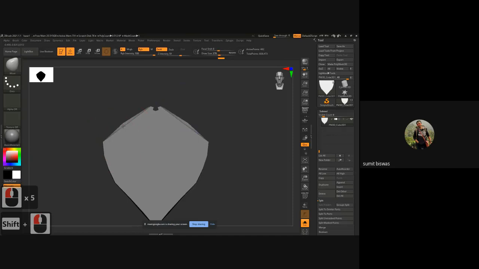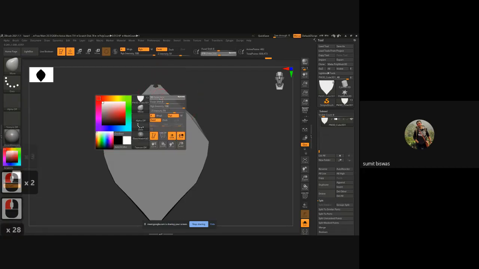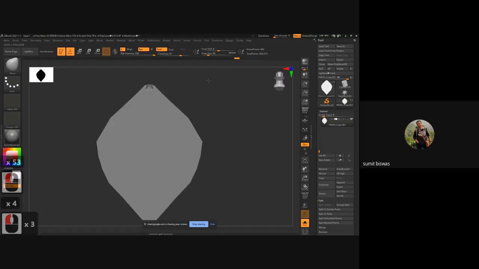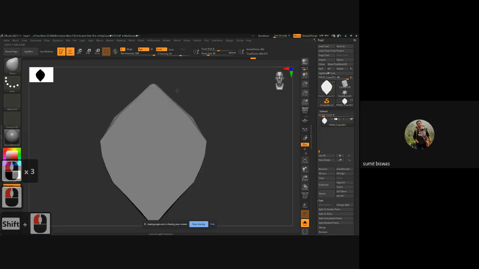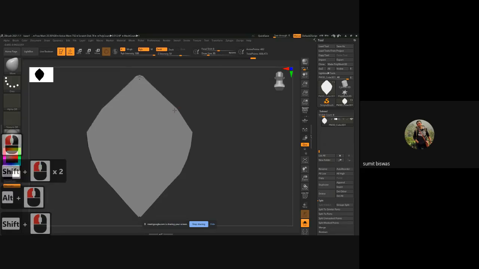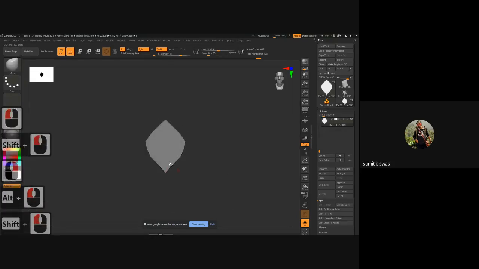That is something we can fix very easily. Reduce the brush size. You can see it's quite easy. It's not very difficult. You can do it very easily. You just have to pay some attention and some practice. So basic shape is almost ready.